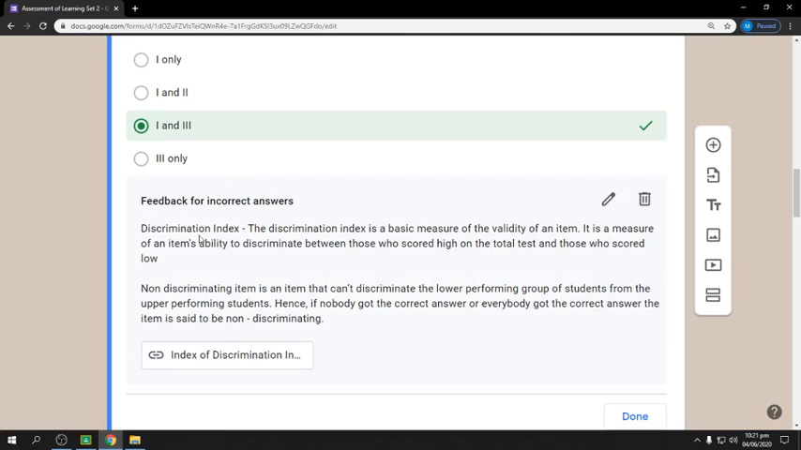So the definition of discrimination index is that it is a basic measure of the validity of an item. It is a measure of an item's ability to discriminate between those who scored high on the total test and those who scored low. A non-discriminating item is an item that can't discriminate the lower performing group of students from the upper performing students. Hence, if nobody got the correct answer or everybody got the correct answer, the item is said to be